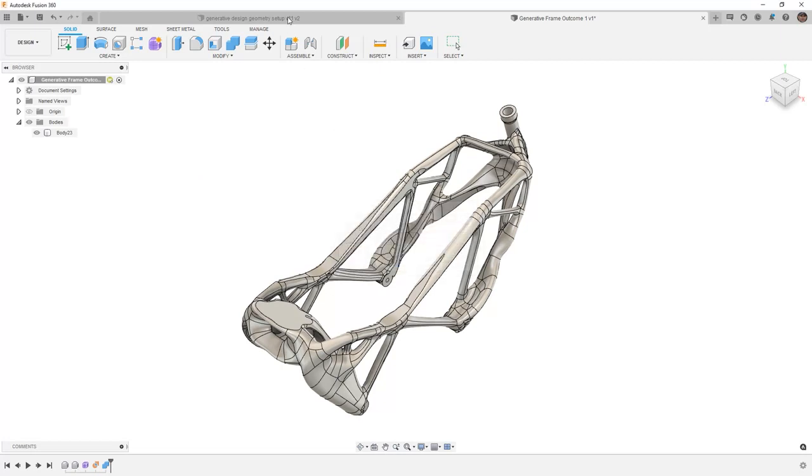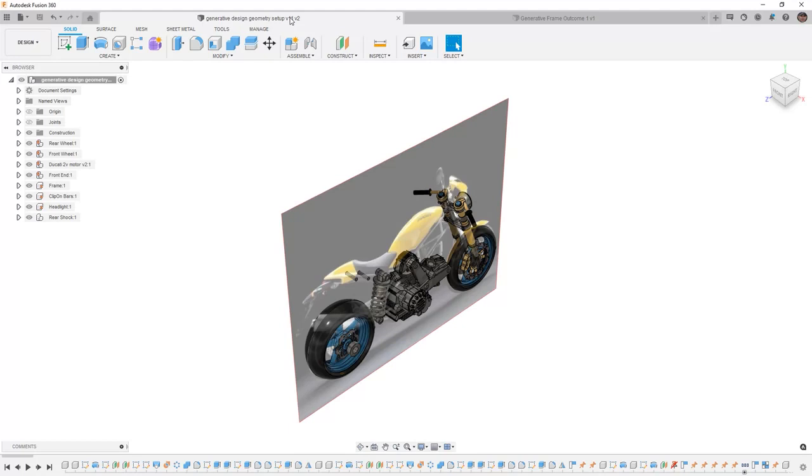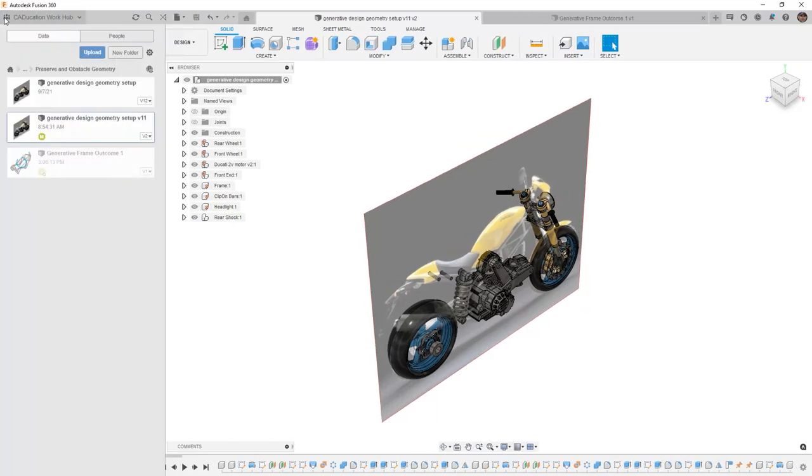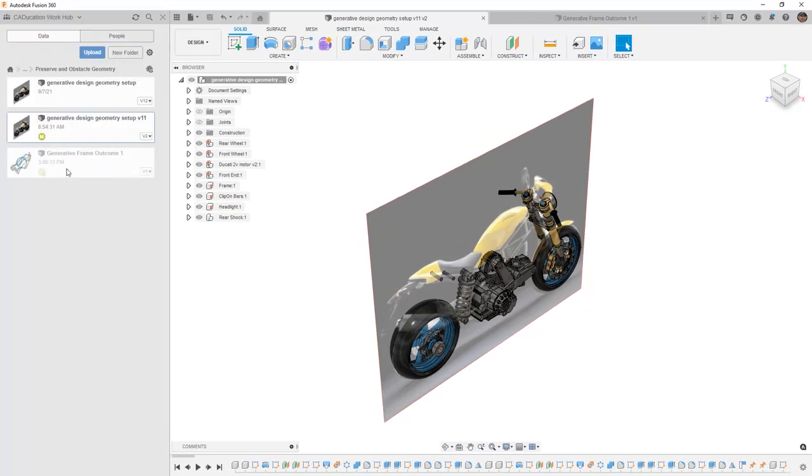And let's navigate back to our geometry that was used to create this in the first place. So here we have the engine and the rear shock, we have our suspension, we have an image of what the motorcycle looks like in its stock form. We're going to expand our data panel to the place where we have our generative frame outcome. And once that has finished saving, what we're going to do is drag and drop it into our generative design